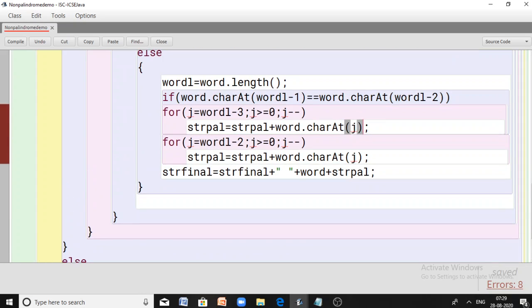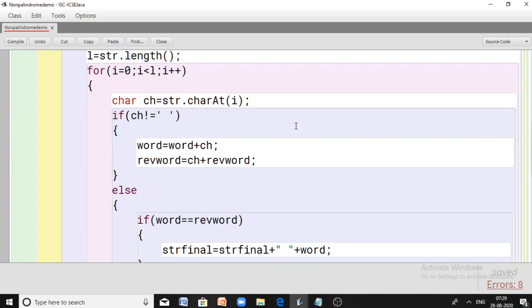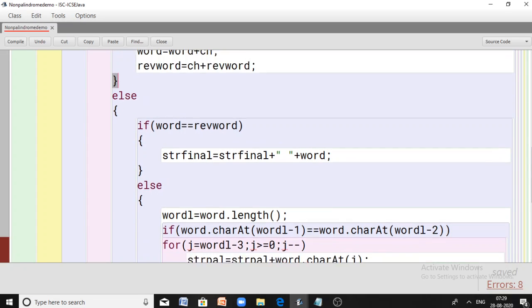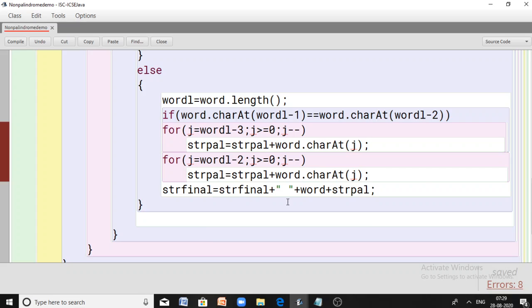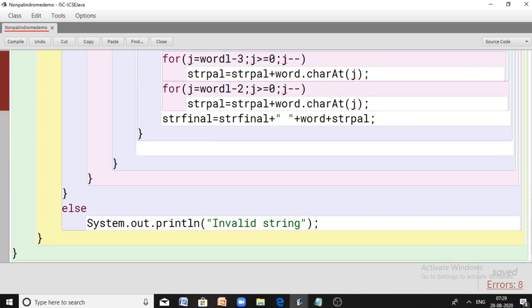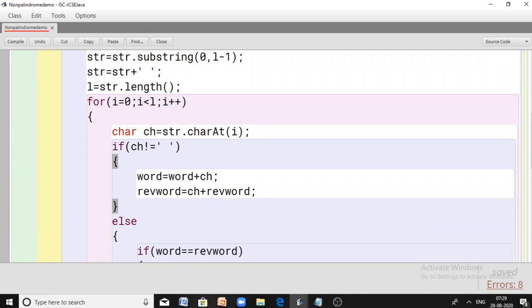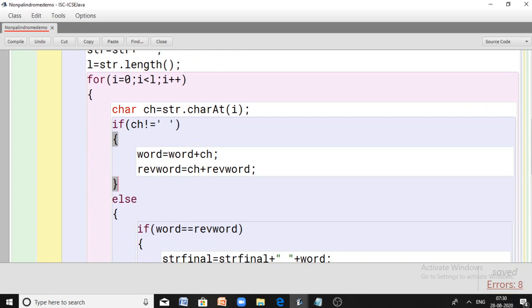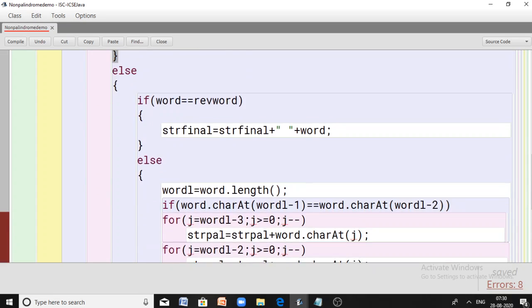But the next thing we have to do is, here we checked whether we encountered a white space or not. If it is not a white space, then we gather the characters in a word. If we encounter a white space, then we process the current word which is available in the string word. All these tasks are done. But that word is actually meant for every word in that sentence. So the current word is processed. Then it should be ready for processing the next word. To make it ready for accommodating the next word, we have to reinitialize it to empty. We have to empty it.